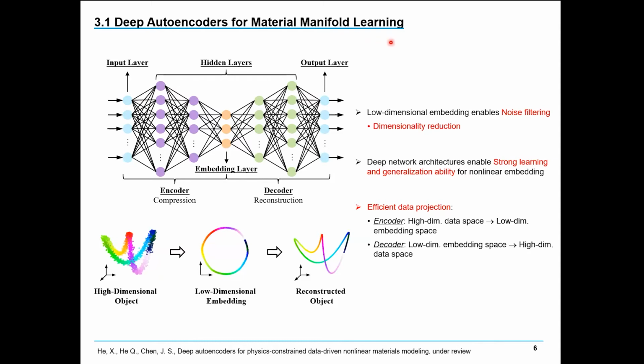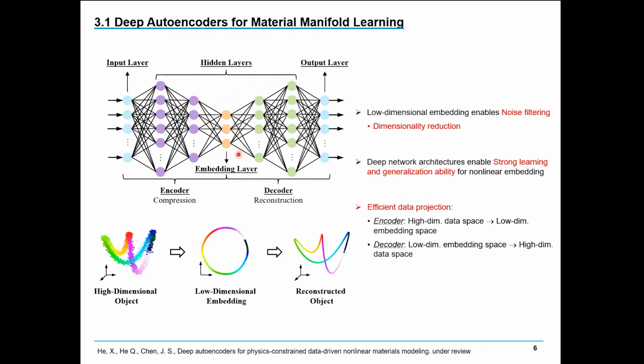for material manifold learning. And the autoencoder contains an encoder and a decoder. An encoder is trained to compress high dimensional input data, extract a meaningful underlying data structure, and store it in the low dimensional embedding layer. And a decoder is trained to reconstruct from the embedding to high dimensional data that is closest to the input data. And this low dimensional embedding layer enables noise filtering and dimensionality reduction to extract the underlying data structures